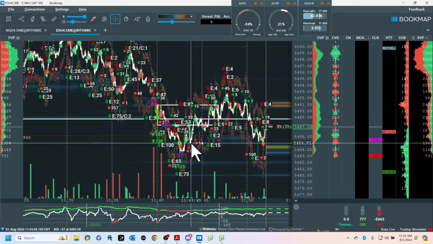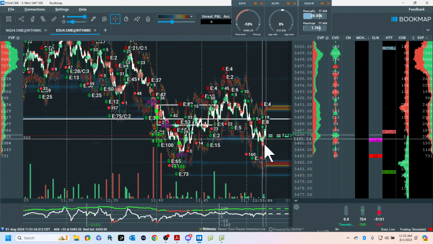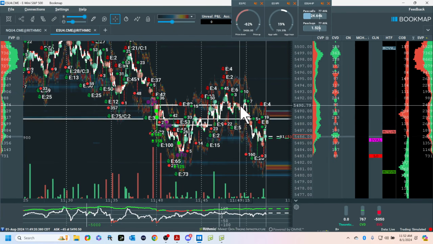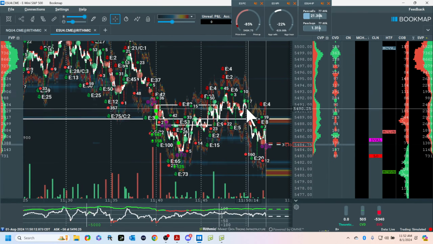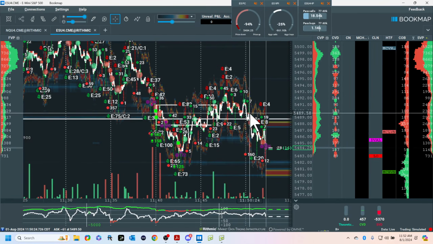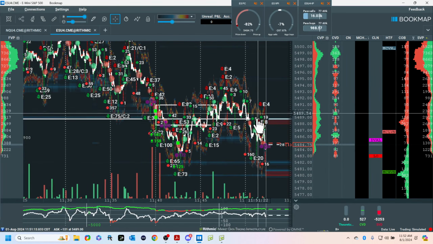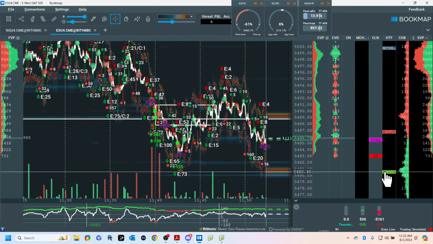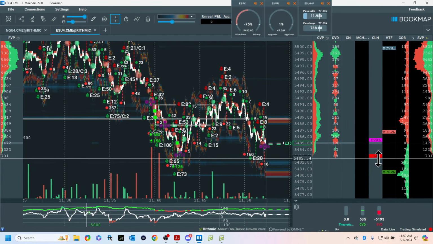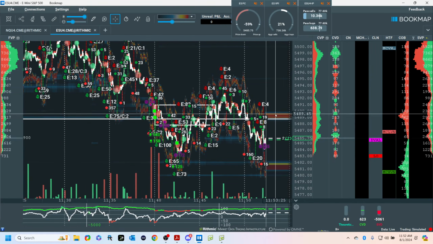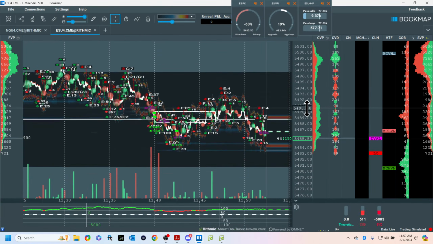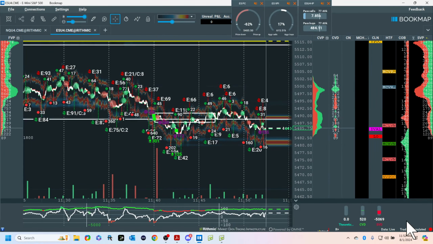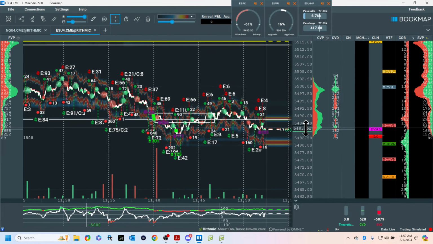Where's my support? It is here. I have to scale here, you see. So now if I'm short from in here or even here, stop is here, then I'm going for my next area. I have to clear the low of the day, and then I'm going for this. And if I get under there, these are all on the price map. I'm looking here. Not a recommendation.